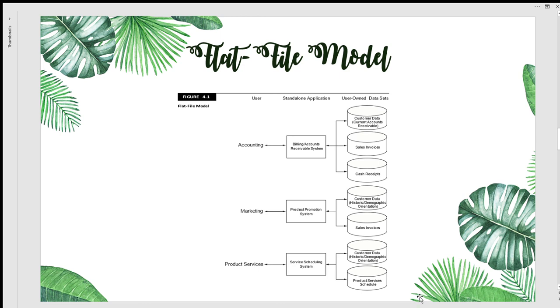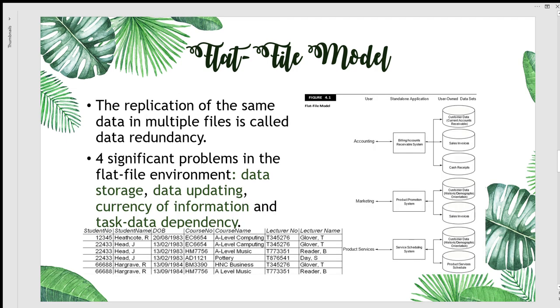So, as you can see, if you notice, pare-pares lang siyang customers data pero magkakaiba ng usage. So, kahit na magkakaiba sila ng usage, iisa pa rin sila ng datas na nakalagay doon. So, in a way, hindi naman talaga yun dapat. So, that is why it is called data redundancy. So, another example ng data